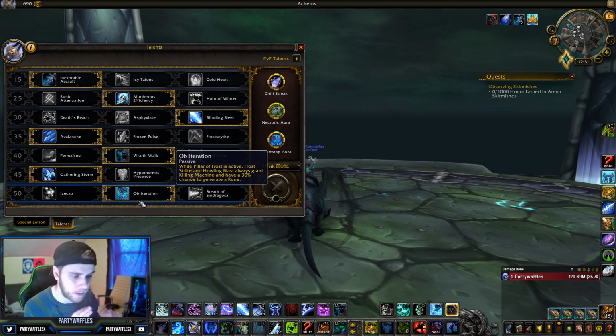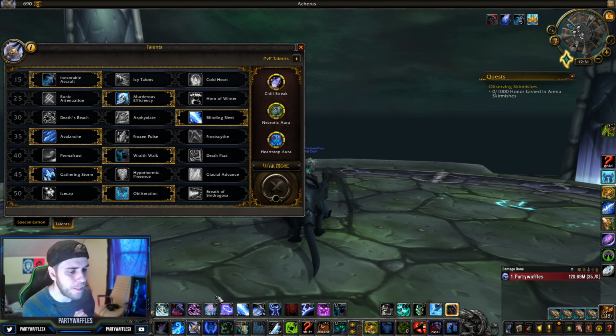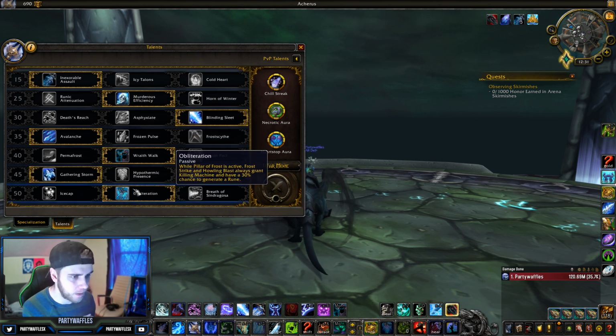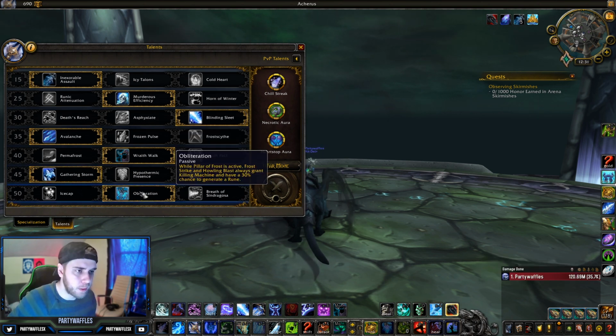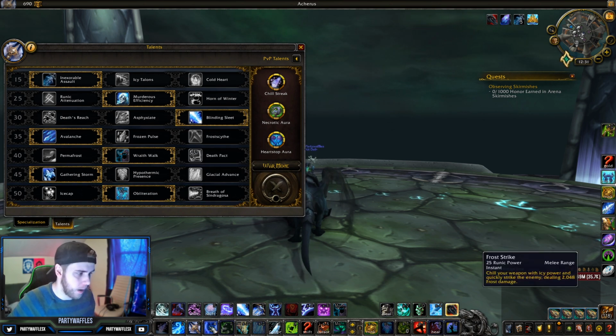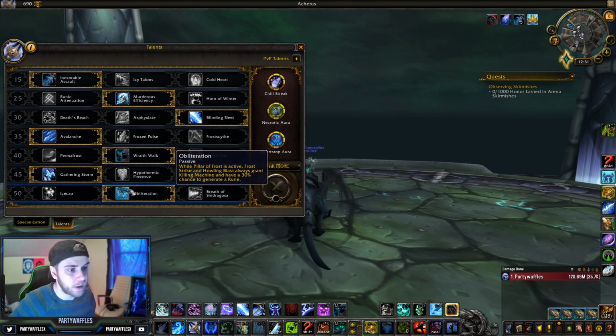Killing Machine is one of your Death Knight passive procs. So when Killing Machine procs, it makes your Obliterate a free critical strike. So you'll often see that, and you'll have a free Obliterate critical. That's what that is. And not only does Obliteration give you your free Obliterate criticals when you proc your Pillar of Frost, you can Howling Blast or Frost Strike to make them be a guaranteed crit, but also the critical strikes from Killing Machines